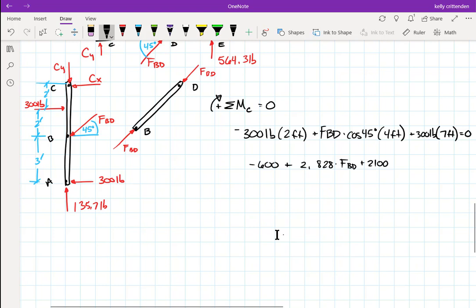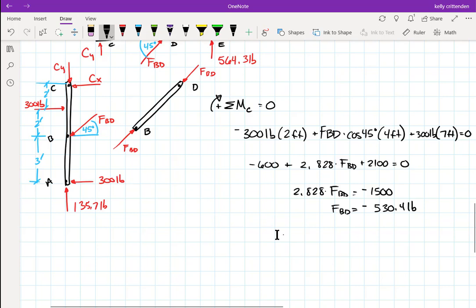And those would be foot-pounds. I haven't been writing the units. Should do that. So 2100 minus 600 is a positive number, but it moves to the other side of the equal sign, becomes negative, so I get 2.828 times FBD equals negative 1,500 foot-pounds, and we divide by feet, and we get FBD is negative 1,500 divided by 2.828, 530.4